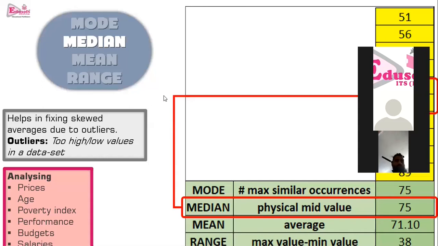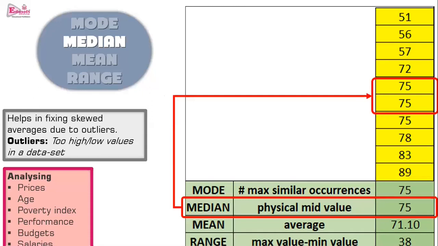So such a data set where very high or very low values are present is called a skewed data set, or if you take the average, that average is called a skewed average because of very high or low values. And these very high and low values are called outliers. Outliers means these values are pretty far off. They have a bigger difference than other values.